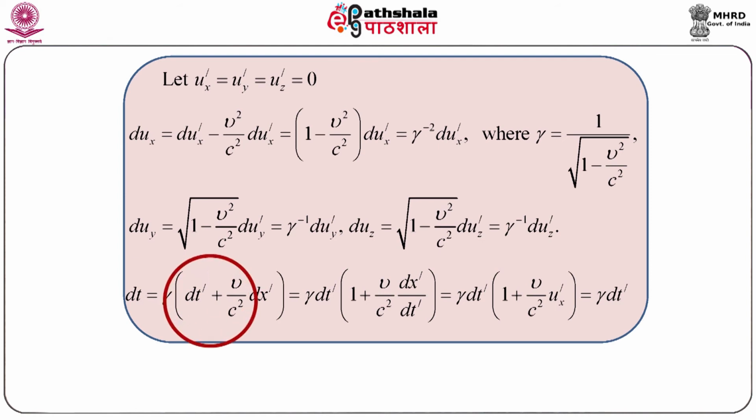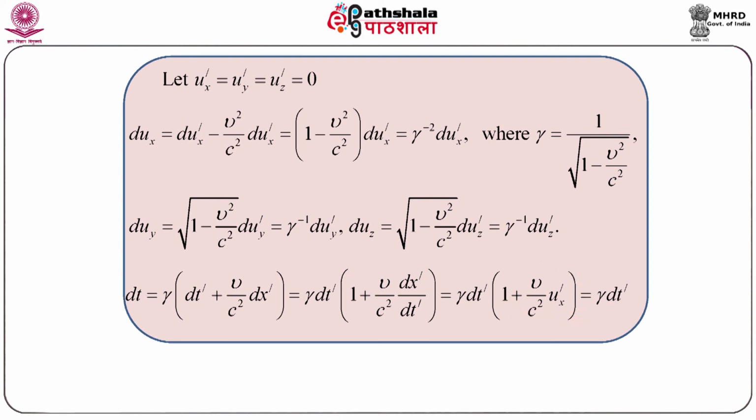Dividing this by dt dash, we get this result. Here we have taken dt dash common and get this. This can be represented as u dash suffix x. Here we have assumed that u dash suffix x equal to 0. So, putting this, we get dt equal to